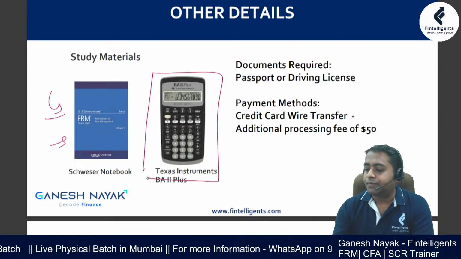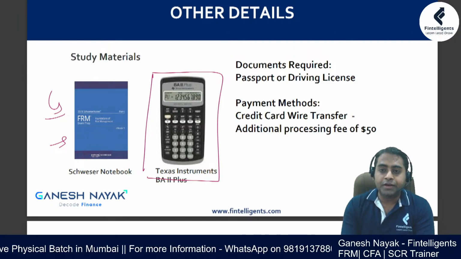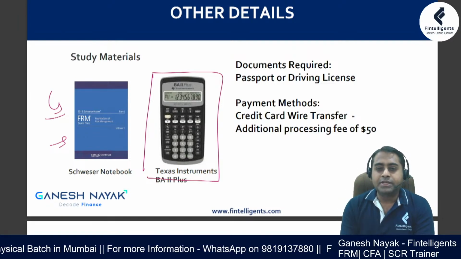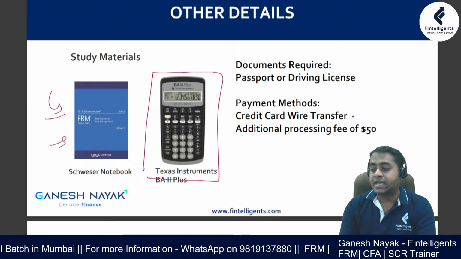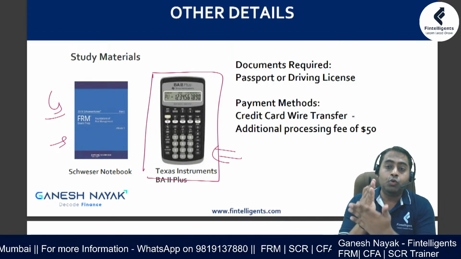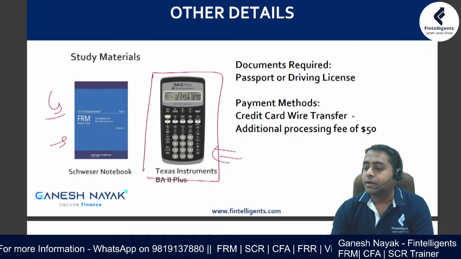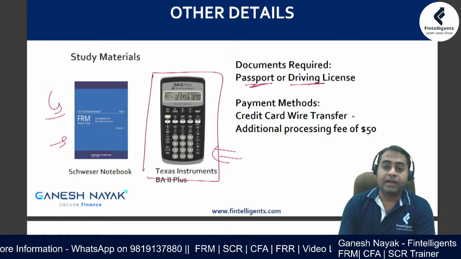And also the calculator. Now there are 2-3 calculators that are allowed, but my suggestion is stick to this calculator, because the majority of the students will go for the Texas Instruments BA II Plus calculator only. Okay, what document do you need? You need to have either a passport or a driving license,